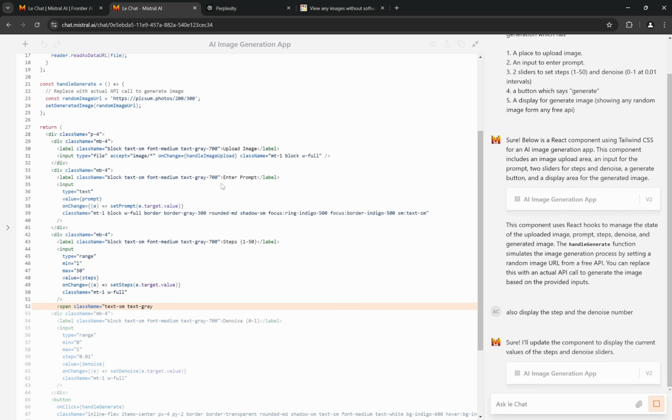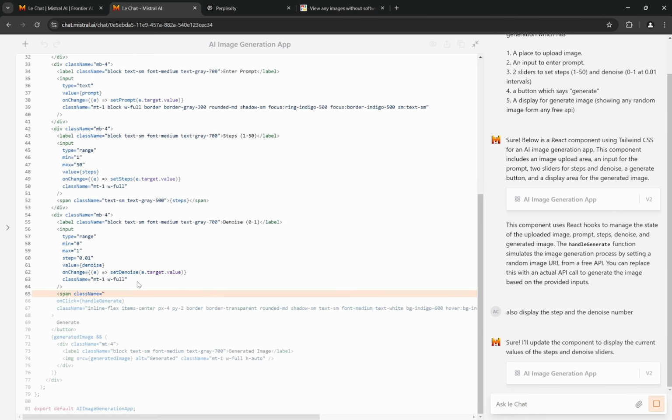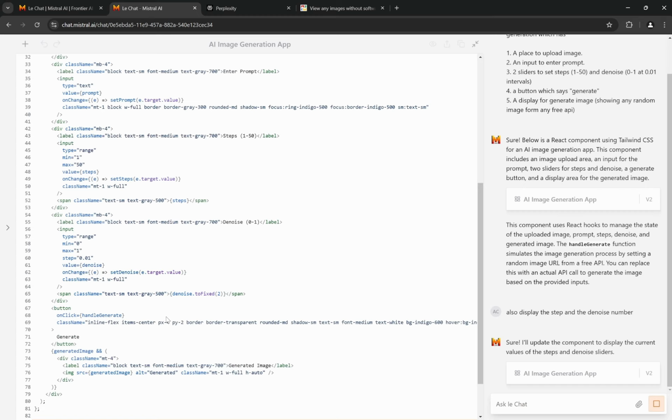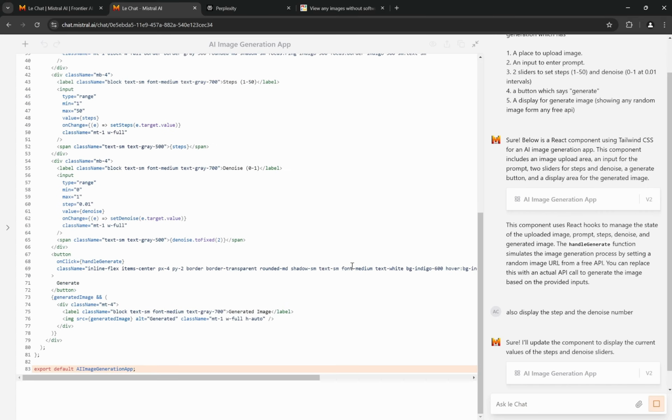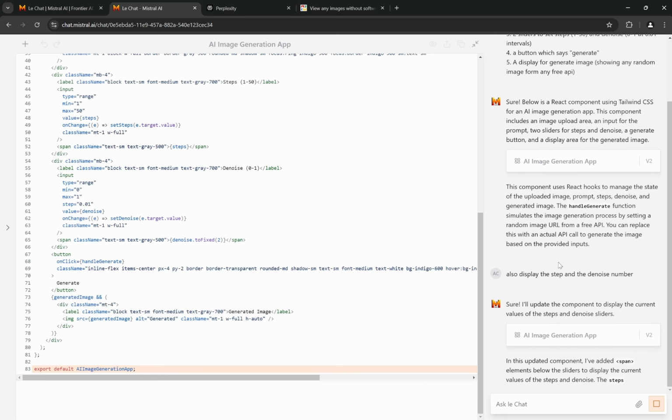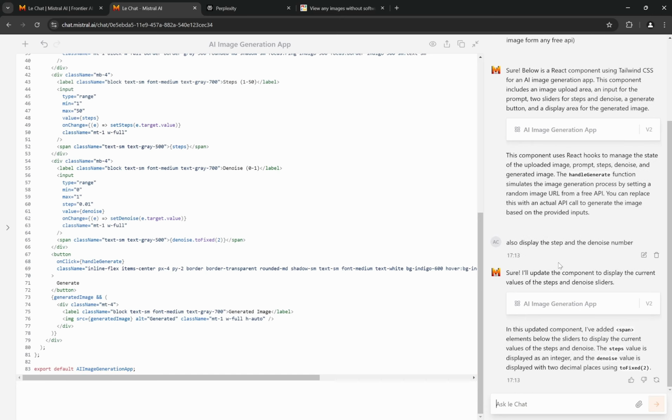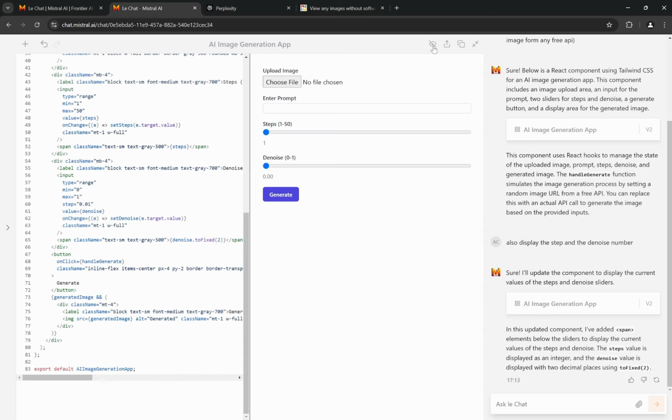So you can see it is going through this particular code and then making the changes. It's pretty amazing to see how it is working. Now when it completes the generation, you can again see the preview, and in the preview you can see that the steps are changing, right? This and the denoising. Now there was some kind of error,